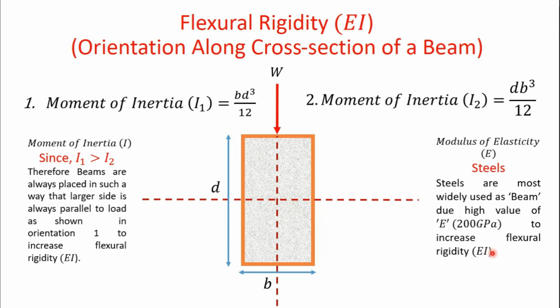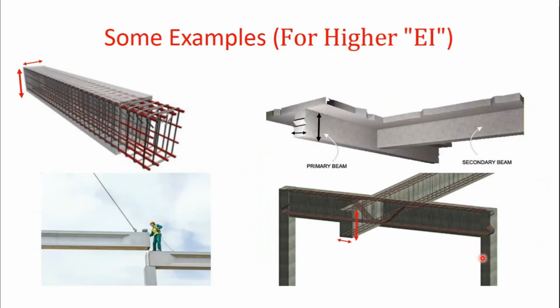So I have told that beams are designed on the basis of deflection, and you have to keep your maximum deflection to a minimum. Some examples of higher EI: you can see that in these beams this dimension is kept larger compared to this dimension. Again, this dimension is kept larger as compared to this dimension. In all the cases, this dimension is kept larger, because keeping the beam in this orientation means that you have increased I, and this in turn will increase E into I, which is flexural rigidity, and which will result in a lower deflection Y. So that is very important. Therefore, the role of flexural rigidity E into I is very important.